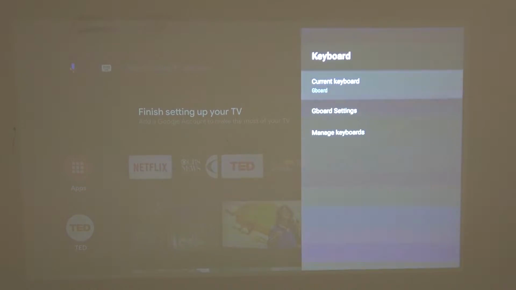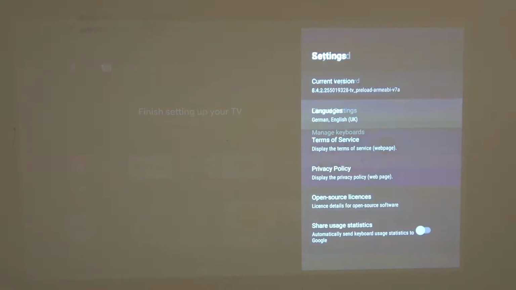So first thing is current keyboard, and if you press OK on that, you'll see your current keyboard, which is enabled, and it's a Gboard by default. Now if we move to Gboard Settings, we'll be able to change the language. You can read all kinds of stuff like terms of services, privacy policy, open source licenses, and share user statistics, which you can enable. But some of the settings here, if you press on them, they will automatically open the